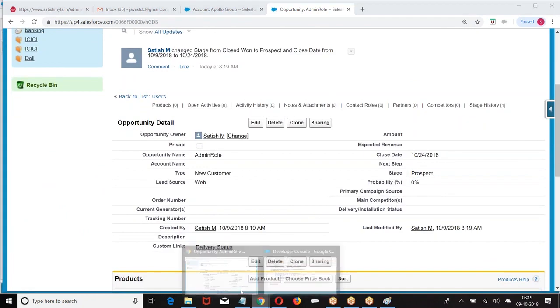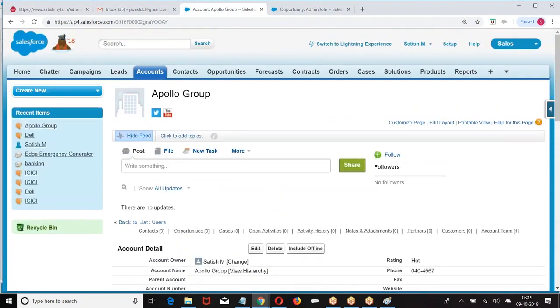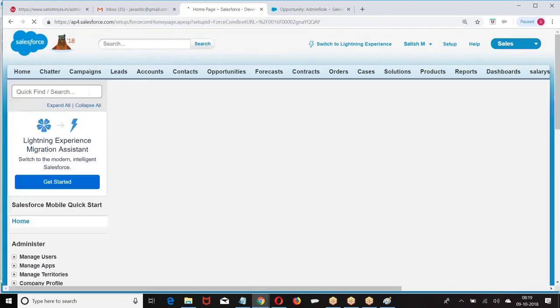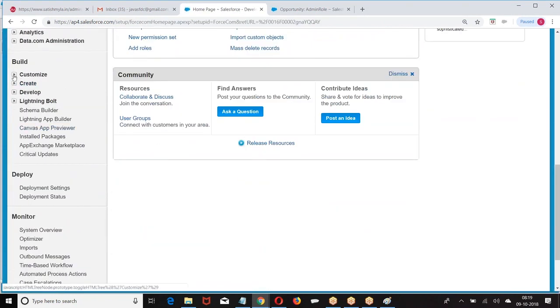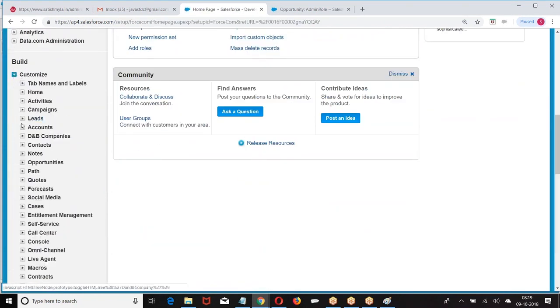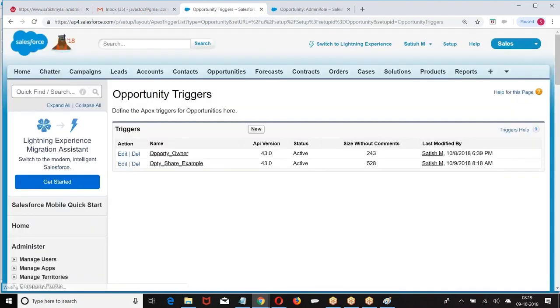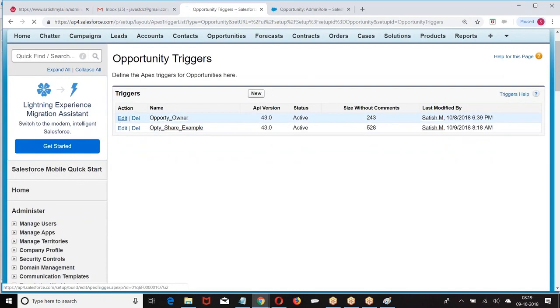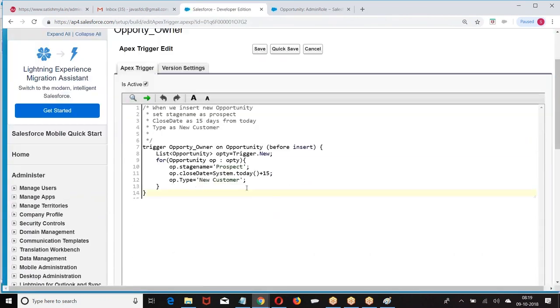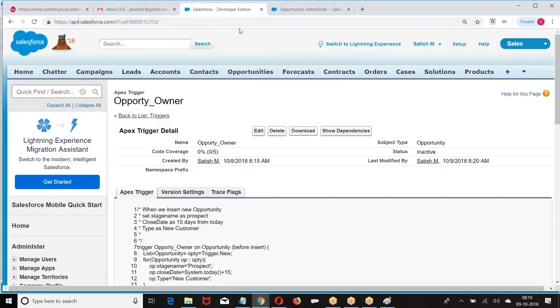Some trigger is running at the back end, which is modifying the stages. So go to the opportunity triggers. As this trigger is running before insert, even though I gave closure one, the value is getting changed to prospect.